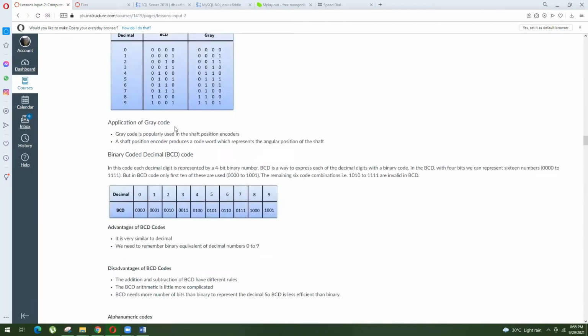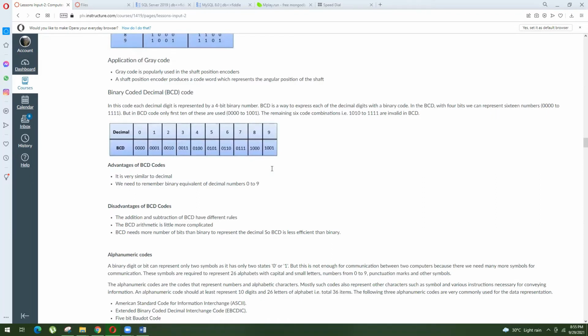Applications or uses of Gray code: it is used in shaft position encoders, which produce a code word which represents the angular position of the shaft. BCD code. In this code, each decimal digit is represented by a 4-bit binary number. BCD is a way to express each of the decimal digits with a binary code. In BCD, with 4 bits, you can express 16 numbers,